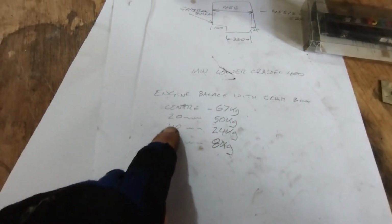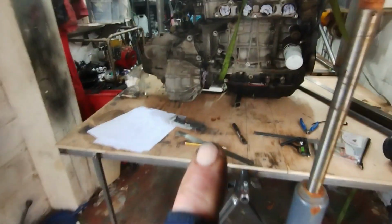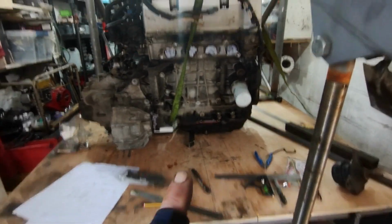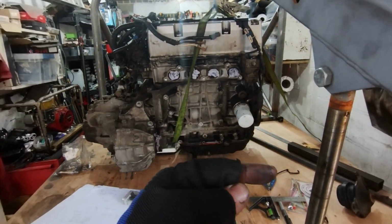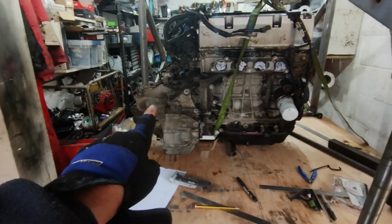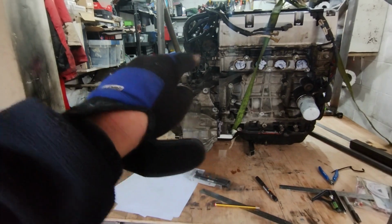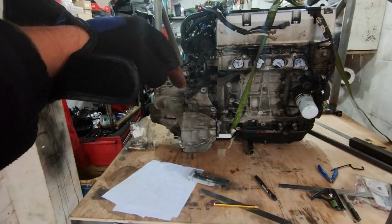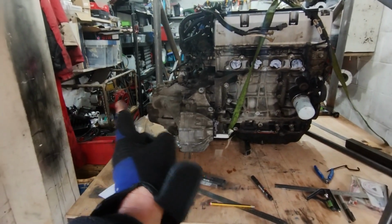So I would have thought probably offsetting the engine somewhere around this mark is probably going to balance up the rear end fairly well. And what it also does as a Brucey bonus is moving the engine across that way very slightly means I've got a bit more room this side to narrow the top mounts, and I've not got a lump of gearbox hanging out the side, which...